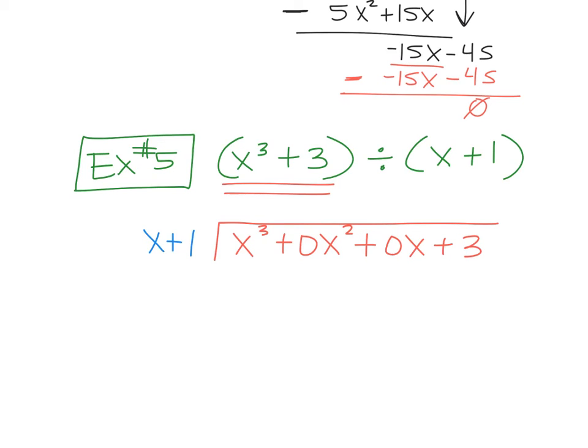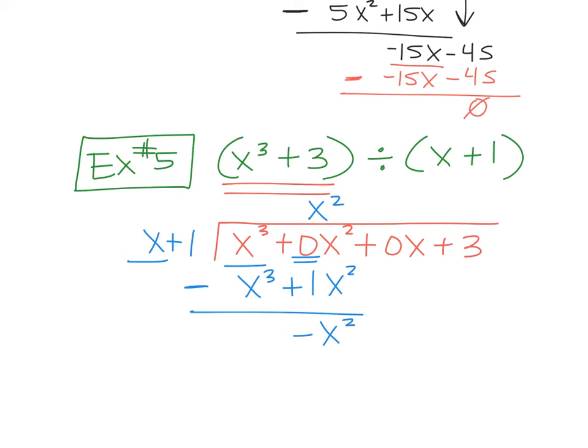Divided by x plus 1. Okay? So ask yourself the question, what am I multiplying by? x times what gets me x cubed? x squared. So this is going to be x to the third plus, and now here's where if I were you, I would probably write this as 1x squared. It's x squared, right? But I feel like the 0 throws people off. So if you put the 1 in, it helps you to see like, no, I actually am subtracting something there. It's not just 0. So if we subtract this, 0x squared minus 1x squared is a negative 1x squared, or